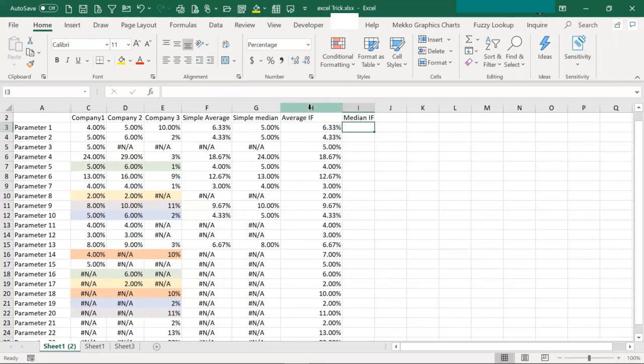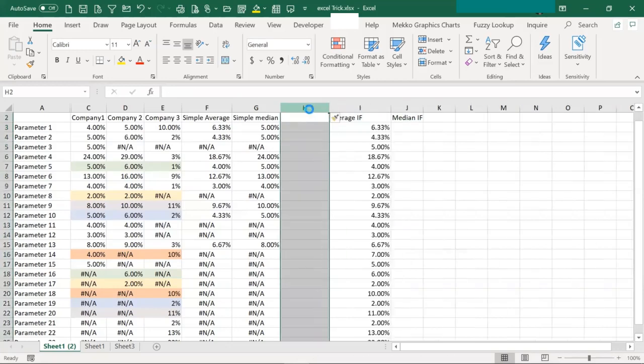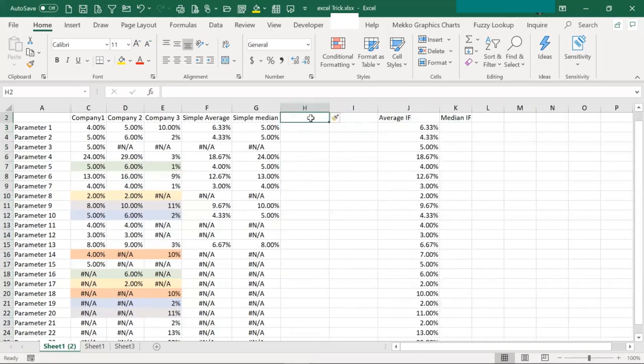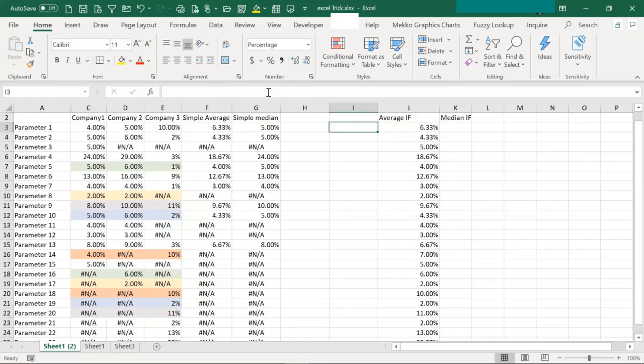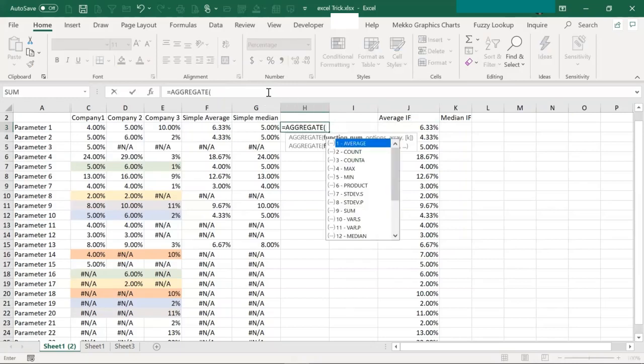But what if I do not want to do this? What if I want to use one formula only, or one type of formula, and not keep on thinking about what the criteria should be and how we should put it? For that, there is a function called AGGREGATE. It's a pretty useful function wherein 1, 2, 3, 4,